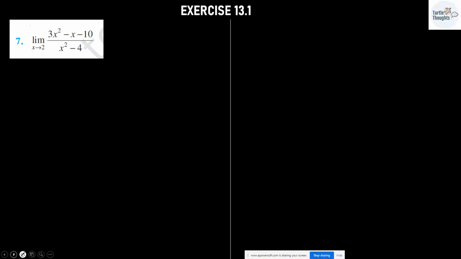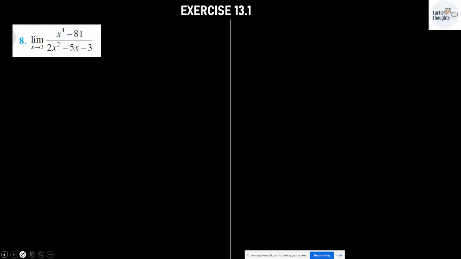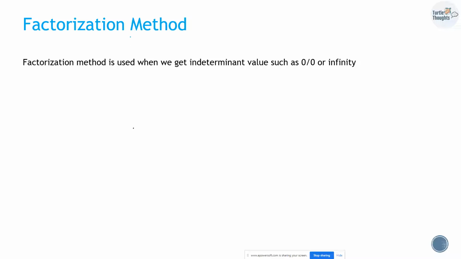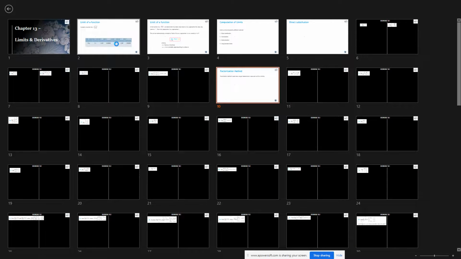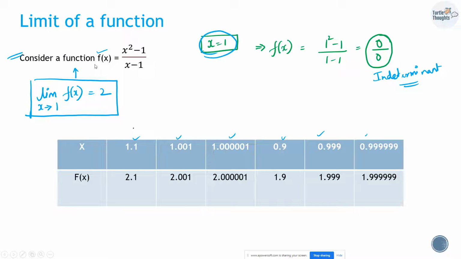Now, let us go to the second method, which is factorization method. To illustrate this, let me take the example which I had taken in the beginning of the class. So here I have taken, consider a function f of x, x minus 1 over x minus 1. Let me take the same